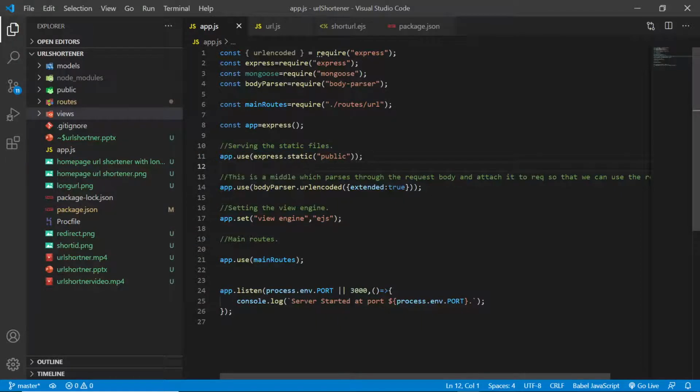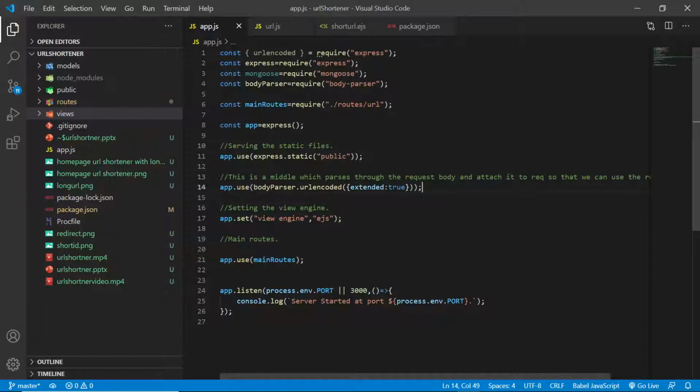And this piece of middleware has to be written because the post request which we get from the client side, we need to parse it and attach it to the request body so that we can use the actual values.